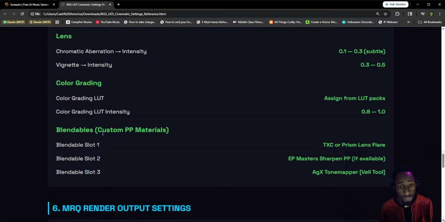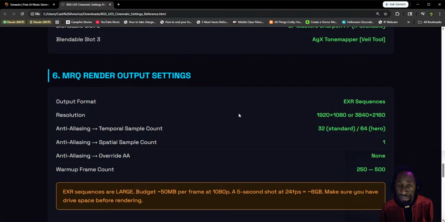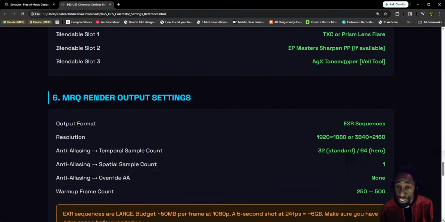Custom PP materials. Blendable slot 1, prism lens flares. That's just something I have. Blendable slot 2, EP master sharpen PP available. We'll get to EP masters in a minute. Blendable slot 3, AGX tone mapper, veil tool. Interesting. We'll get to the AGX tone mapper